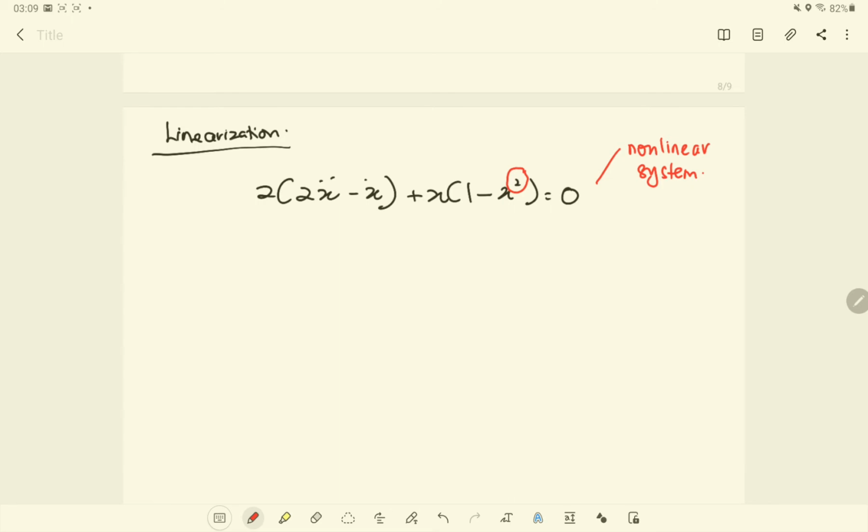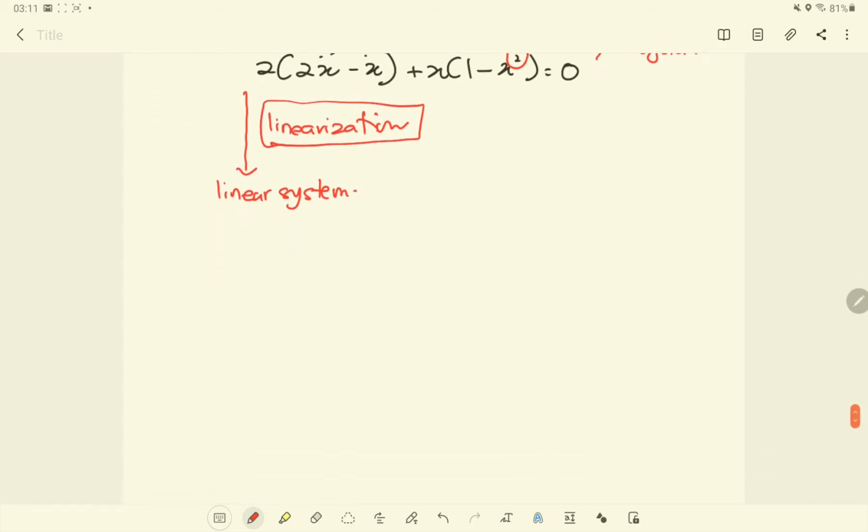But we have one option to convert the system to a linear system by using linearization. Let's say you have one graph